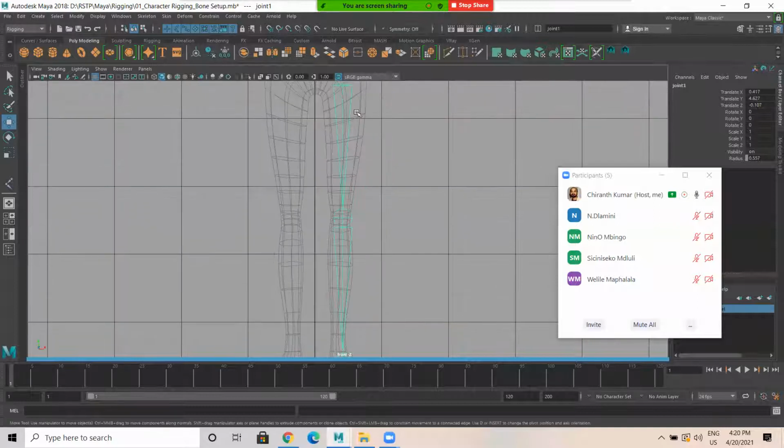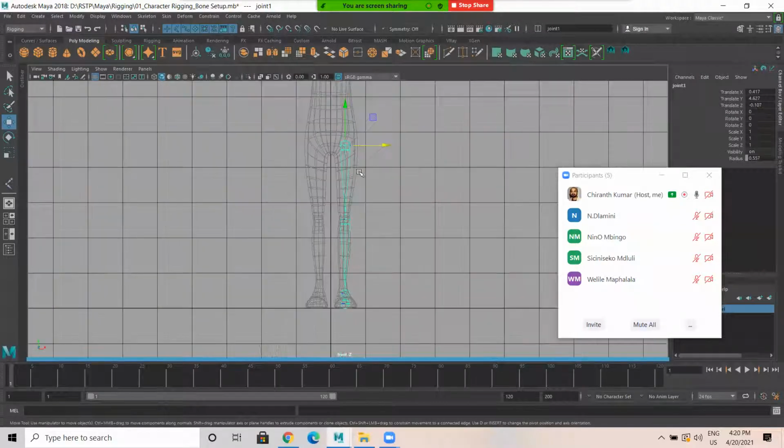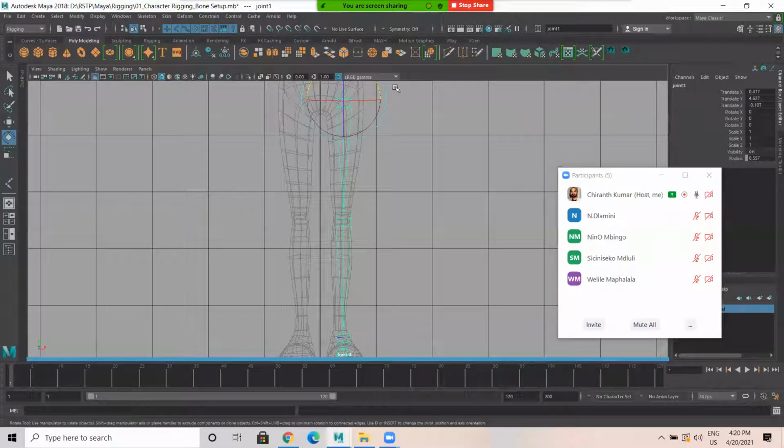Okay. Now from thigh, observe knee. Is the knee exactly in the center of this particular model? No. In that case, you need to select thigh. You should not move. You should not do translate. You have to rotate. I'm selecting this, and I'm going to rotate this. When I rotate this, observe the knee is rotated. This is how we have to do. Do not move. You have to rotate only.